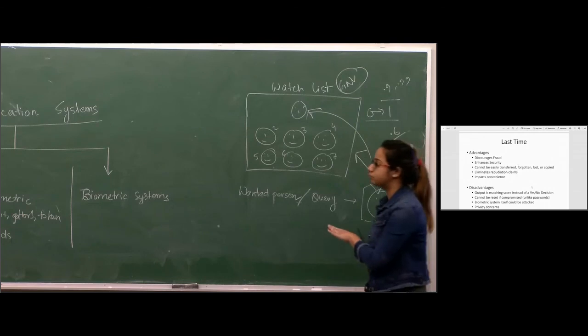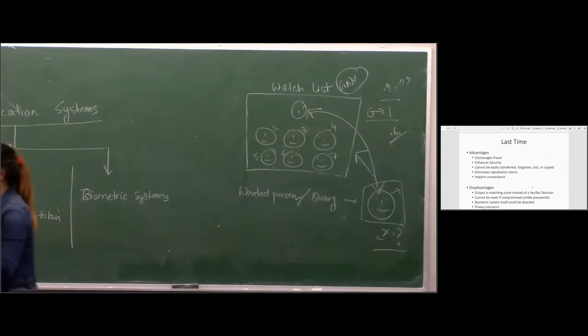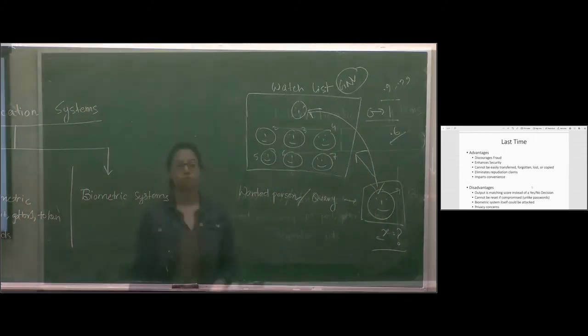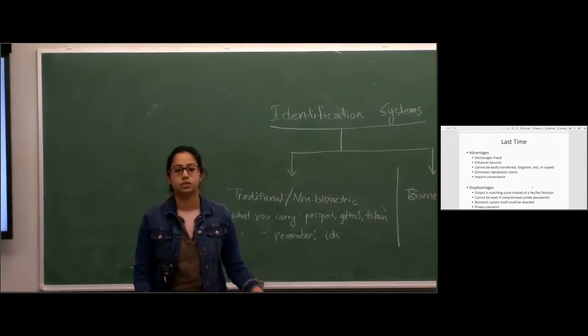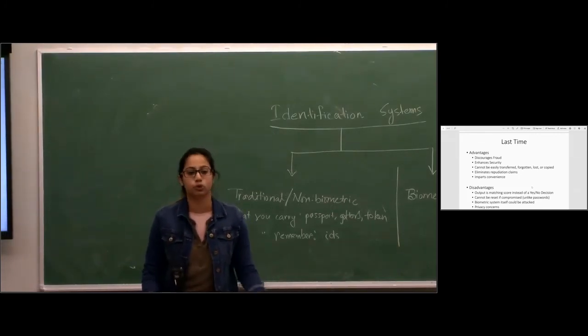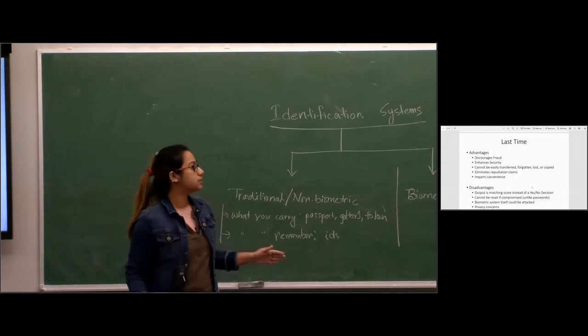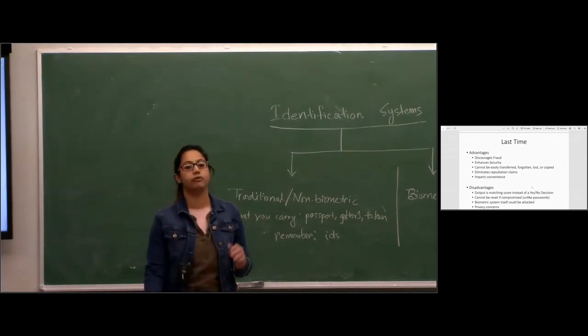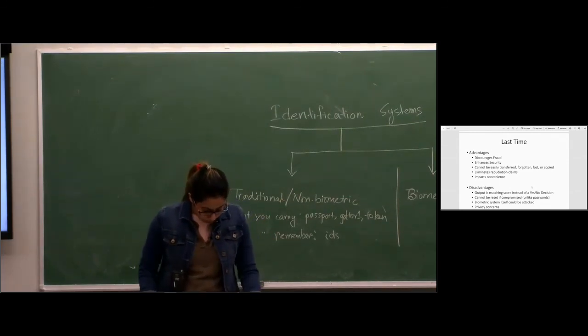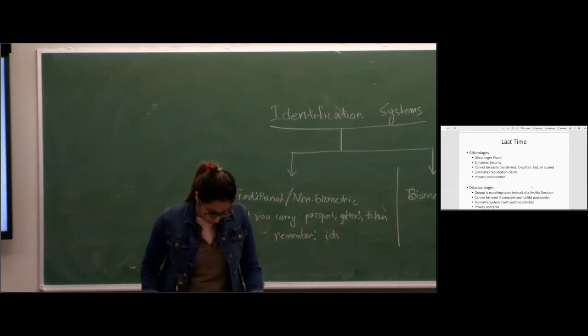So that is a very big challenge with biometric systems, that they can't directly tell you yes or no. You have to use some mechanism, some smart technique inside your system so that it understands whether you are doing a perfect recognition or not. So the second one is that it cannot be reset if compromised.